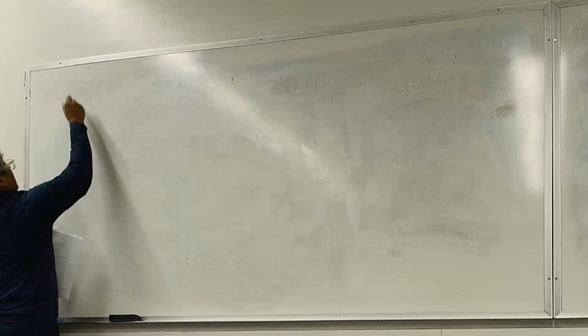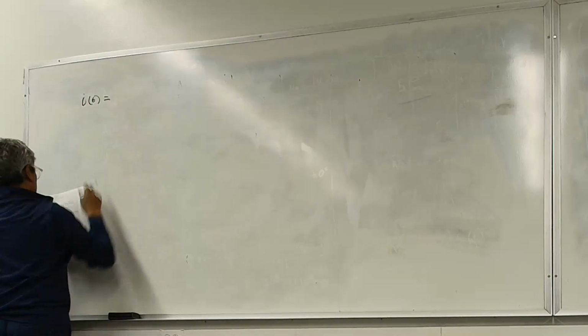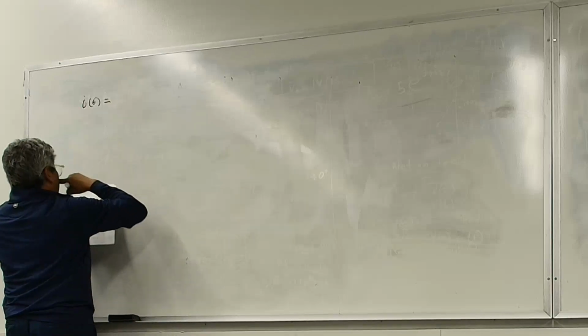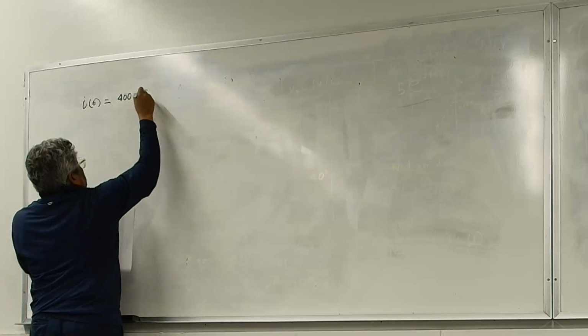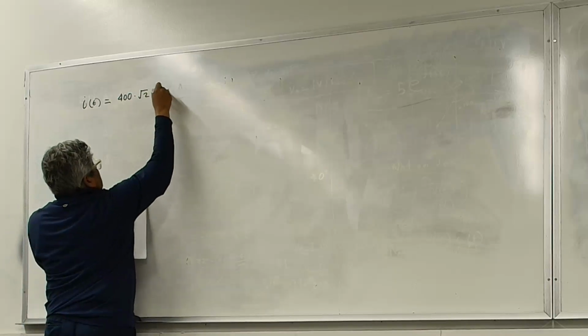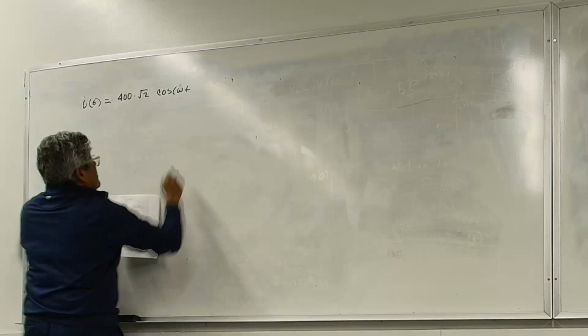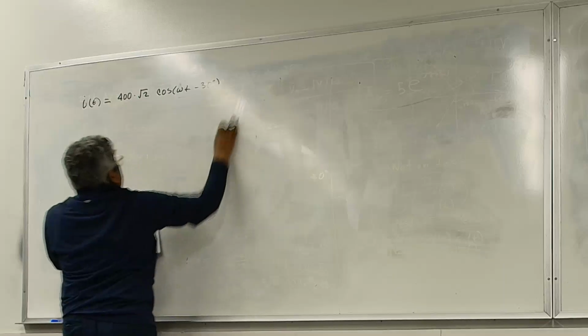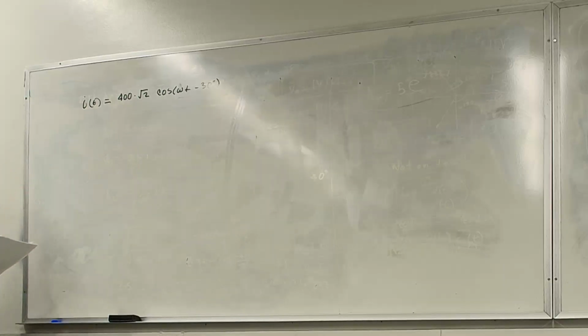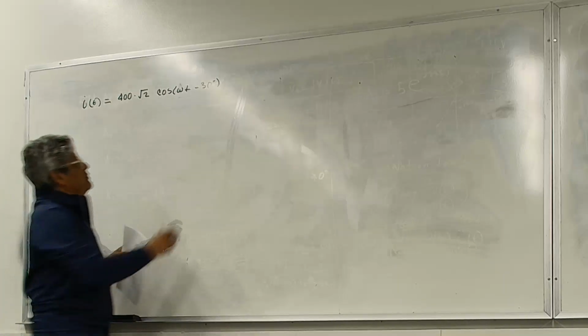Next thing. Okay, this one, yes, these are fair problems. If you're given a signal i of t equal to, I think it was, 400 times the square root of 2 cosine of omega t minus 30 degrees, and they ask us to derive the phasor, to convert that from a time domain signal